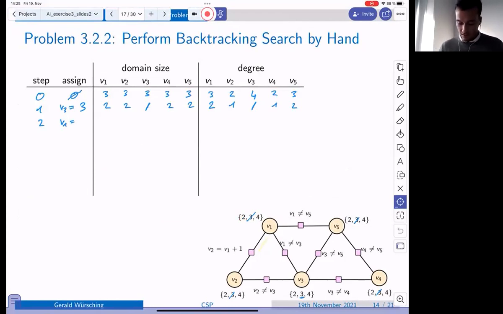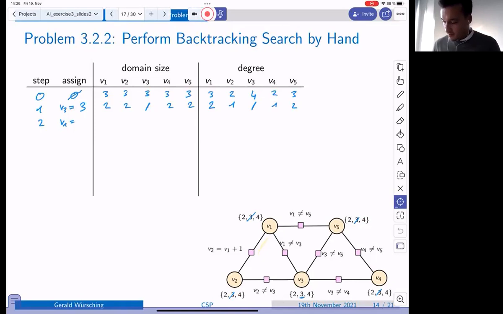And what we see is that both values rule out the same number of values for the neighbors. So if we choose 2, then we have to remove 2 here and 2 here. And if we choose 4, we have to remove the 4 here and the 4 here. So we have a tie again in the value selection.